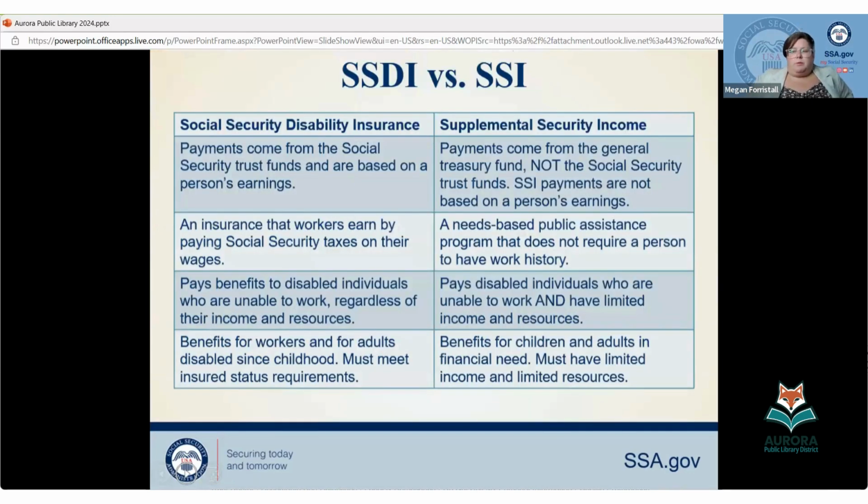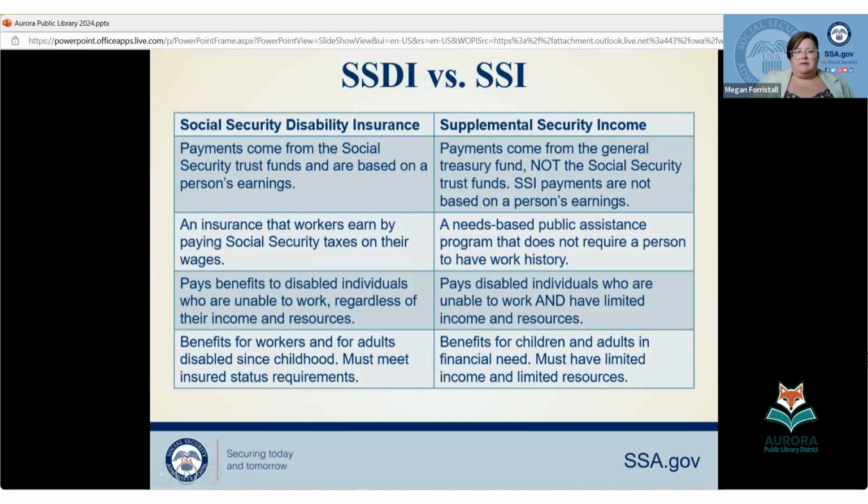Just a little recap on the disability section, and there's always an infinite amount of more information available on ssa.gov on any of the topics we're talking about today. So we're just doing, like Megan said, a broad overview today, but we have detailed information on our website where you can look into things more.